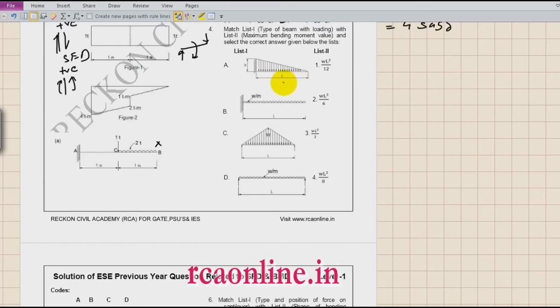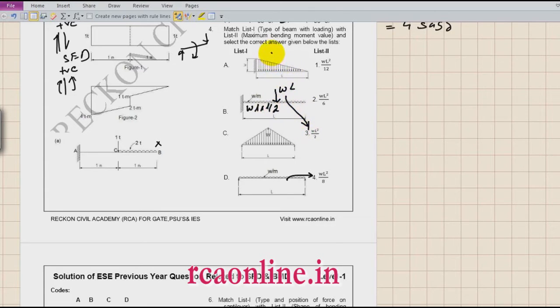Now see the next one. Again, this is a straight question. The loading is given and the bending moment is given, and you have to find the values. Just try to find it very quickly. For simply supported, it will be WL square by 8. So this is the right answer. Now here, you will place the central load equal to WL. So what will be the bending moment here? WL into L by 2, so WL square by 2. This is the answer.